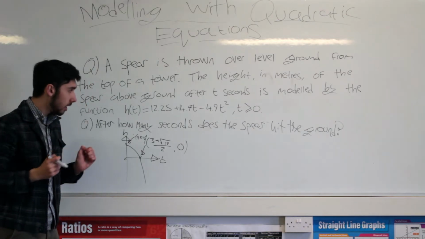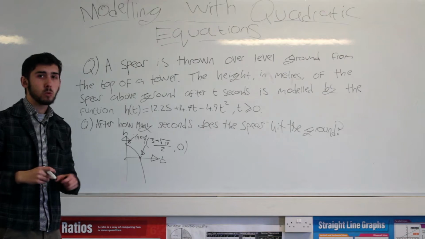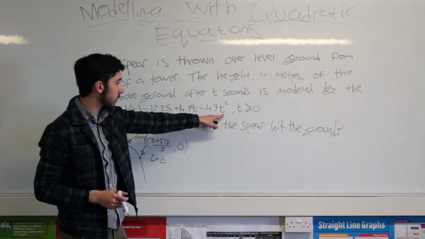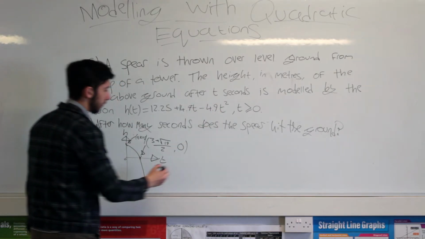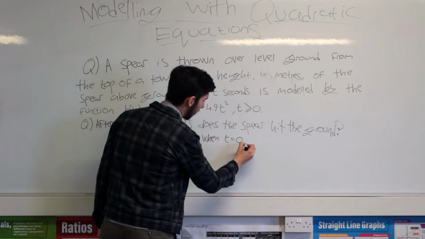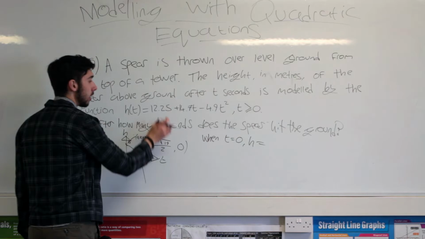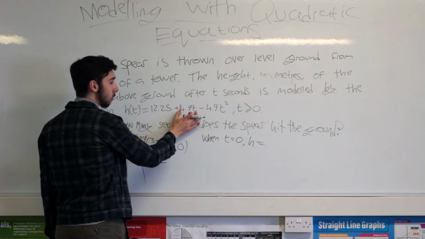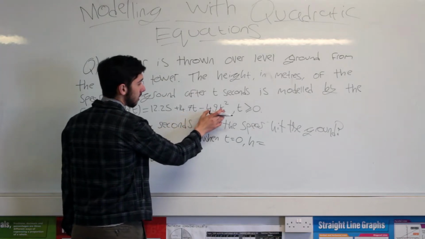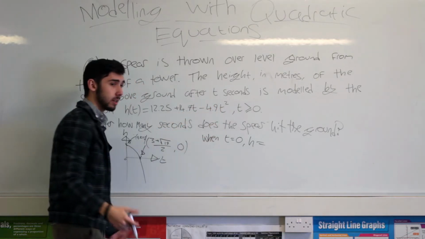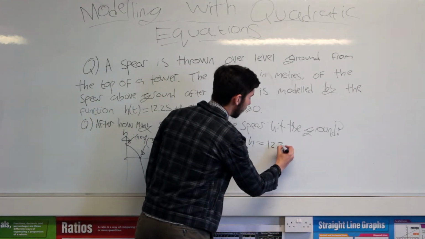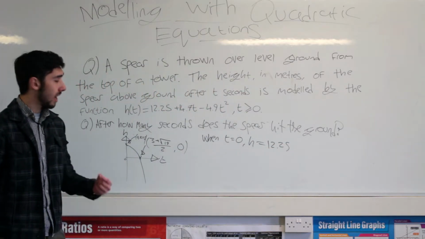Think about it, guys. At t equals 0, that goes to 0, that goes to 0, and that would mean that when t is 0, h is equal to 12.25 plus 0, because t is 0, so it's 0 times 14.7, minus 0, because it's 4.9 times 0 squared, which is 0. So the only thing that gets left over is the 12.25,